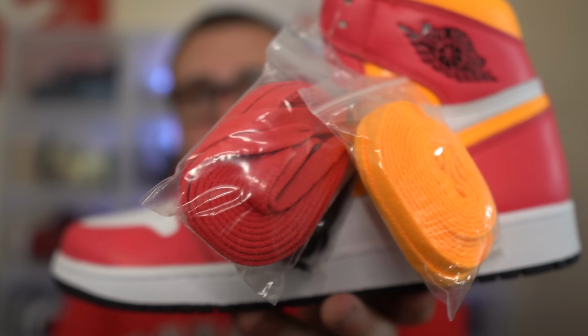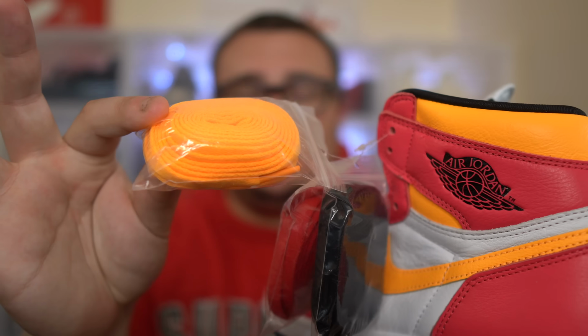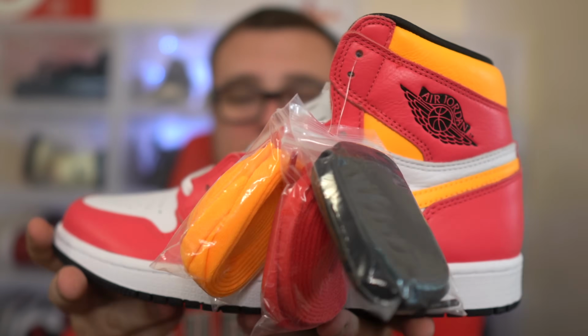They do come with a bunch of extra laces, which is dope. We have a ton of laces on this Jordan 1. First of all, the white laces already on the shoe. Then they come with the yellow, the Light Fusion Red, and black. You have 4 lace options. That's a lot for a Jordan 1. And then on the inside you do have the Light Fusion Red and then the orange Nike Air on the insole. This is a clean Jordan 1 quality wise, but like I said, colorway wise, in my opinion,